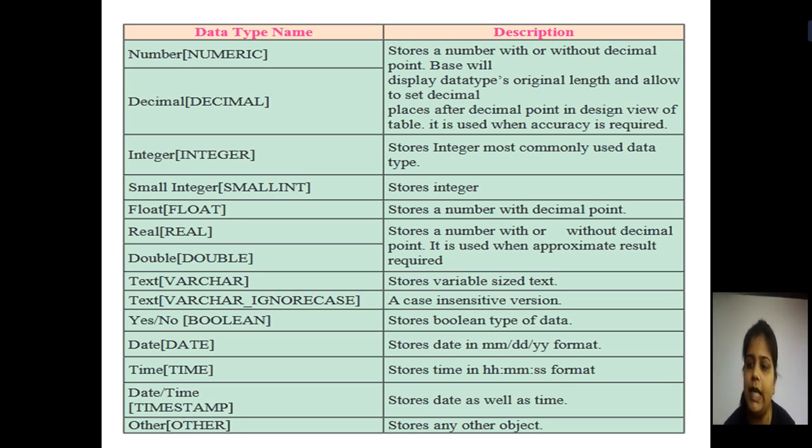If you want to write any boolean data type, that is yes, no or 0, 1, then you can use the boolean data type. If you want to store the date in the form MMDDYY, then you need to use the data type as date. If you want to store the time in the format of minutes and seconds, then you need to use the data type as time. So these were some of the data types which are used for storing your values in your database.